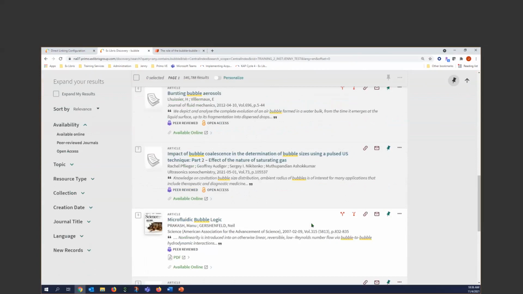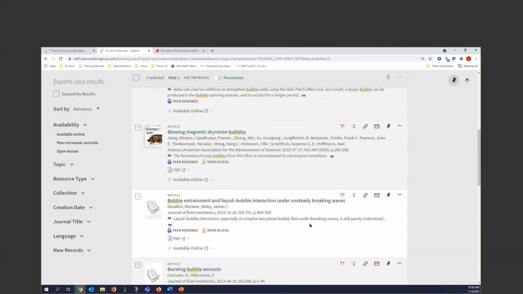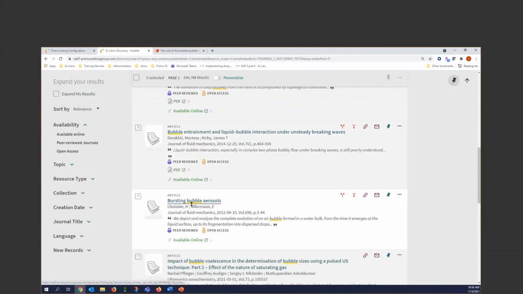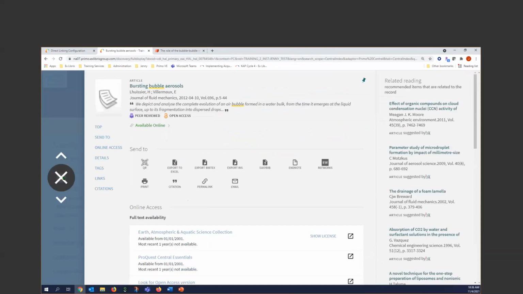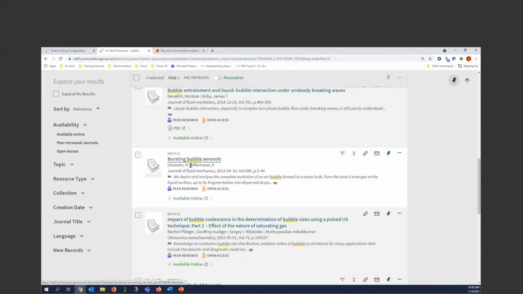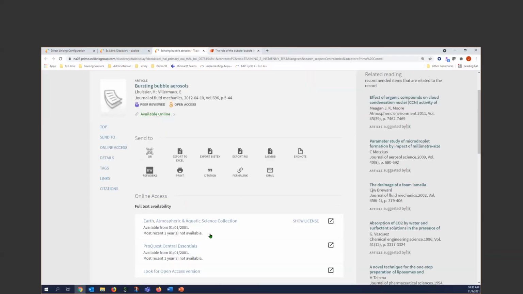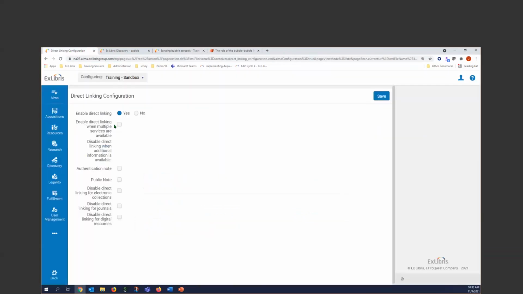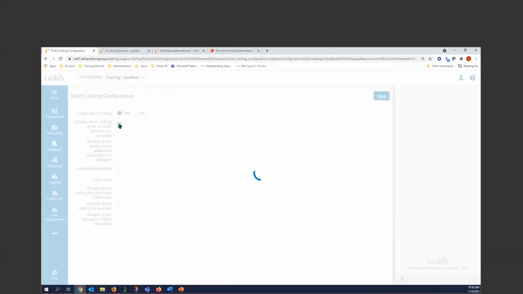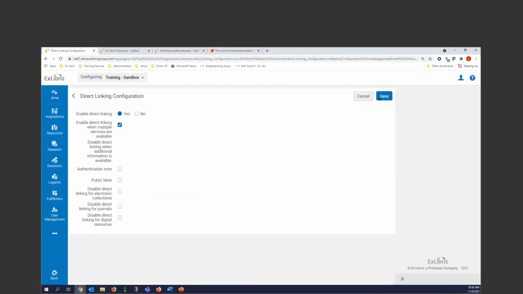Now this one, my other one disappeared. I had one yesterday and it kind of disappeared. Okay, this will be a good one. So bursting bubble aerosols. If I click this available online, it brings me to the full record because I don't have this box checked. But if I check this box and save it,